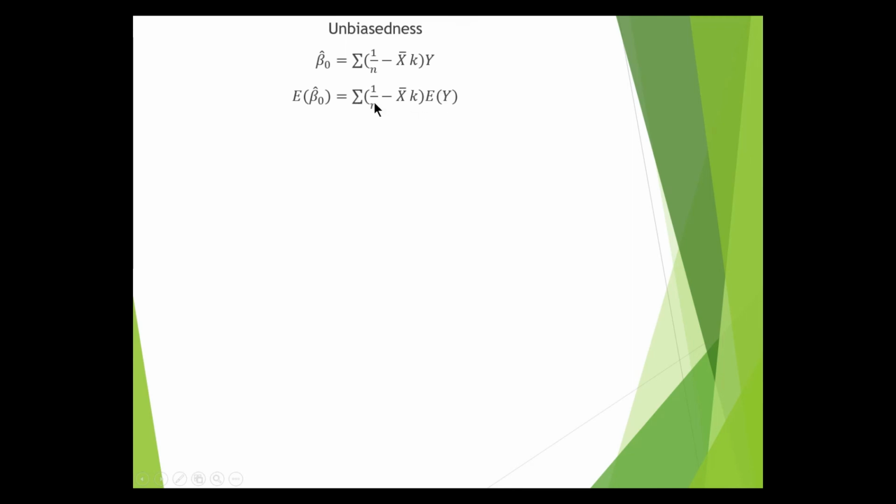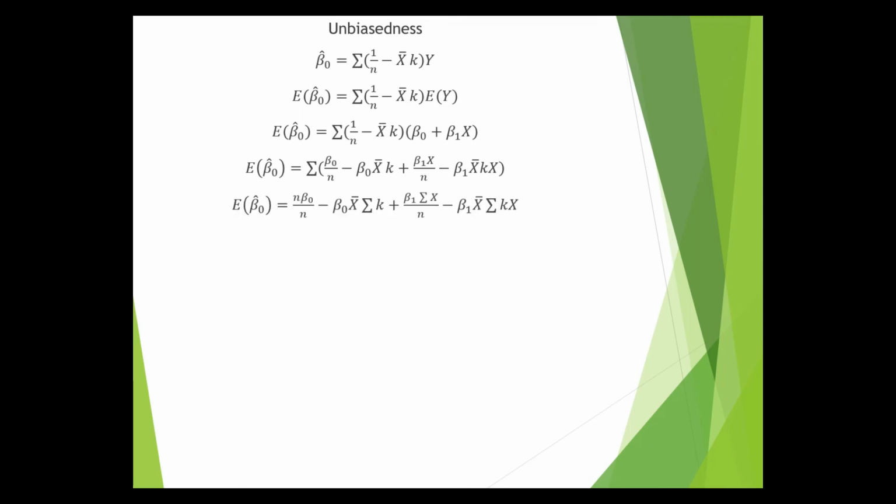the summation expression doesn't have another expected value according to the rules. So expectation is applied on the variable, and we know very well what E of y means. E of y means b naught plus b1 x, and by multiplying these two brackets I am getting this one, and by applying the summation sign I am getting this one. The summation sign is applied on the constant, which turns into n, and then the summation sign is applied on the k, because x bar is a pure constant, b naught is a pure constant, but k is not a pure constant, it is associated with the